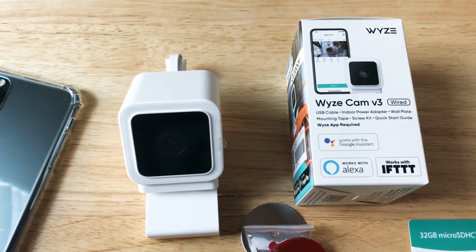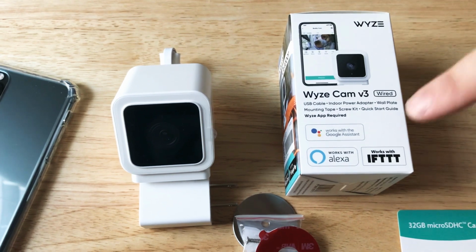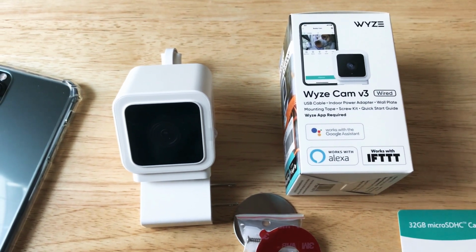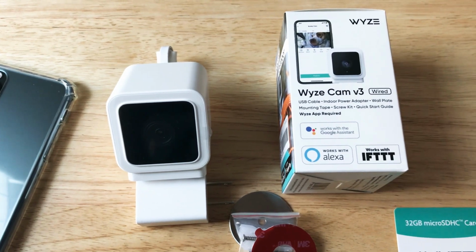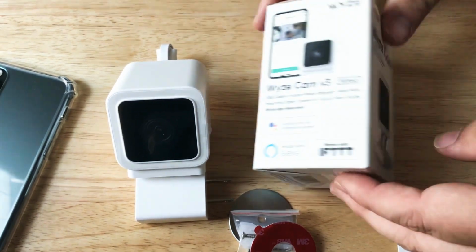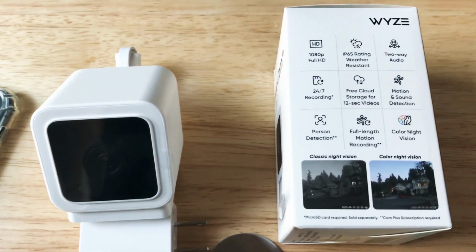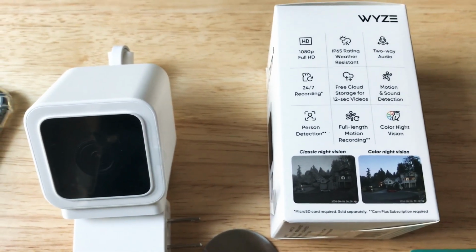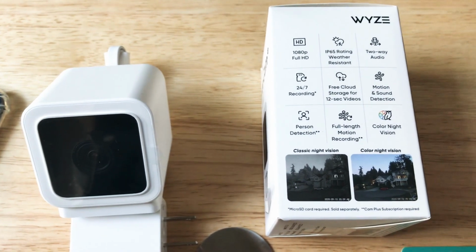The apps work with the iPhone, they work with the Android, also works with the Amazon voice assistant, the Google Home voice assistant, and works with IFTTT. This is the wired model. Here's some details. You can pause the video and take a look, but it has two-way audio, 1080p, full HD,